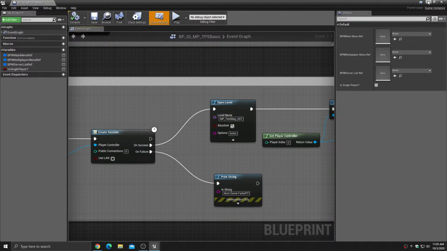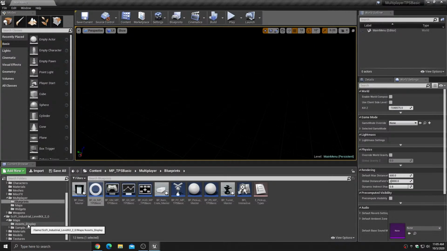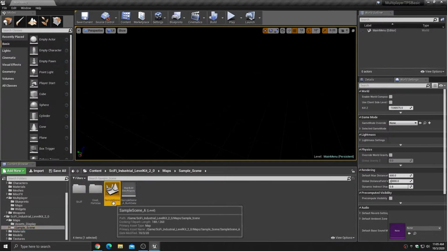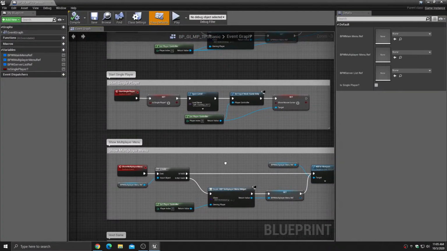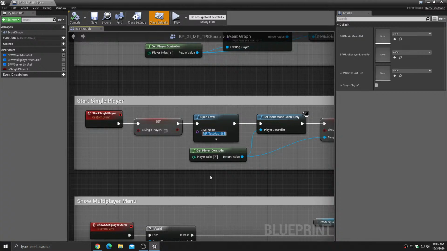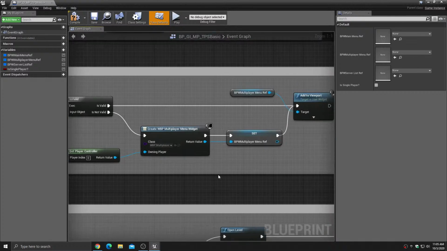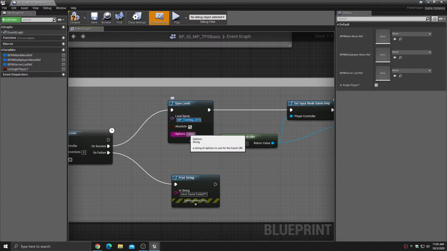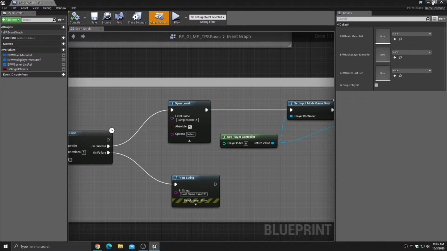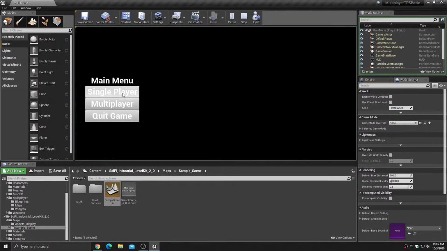So what you would do is you would simply go to the map that you want this thing to actually open, click here, and then hit Control-C to copy that name. Then in the game instance, right, if you want the single player map to also be that map, you simply change this name to be the new one, right? And then that also means that right here where you host the game, this one also needs to be changed. And then do a compile and save. And then when you hit the play button now, if you go single player,